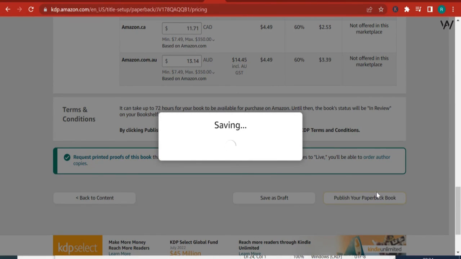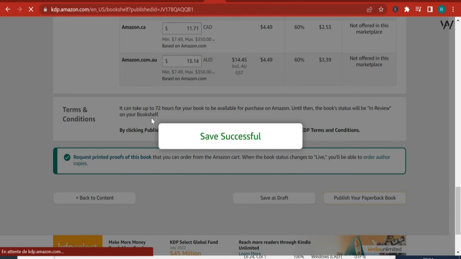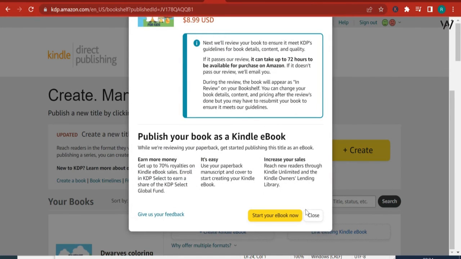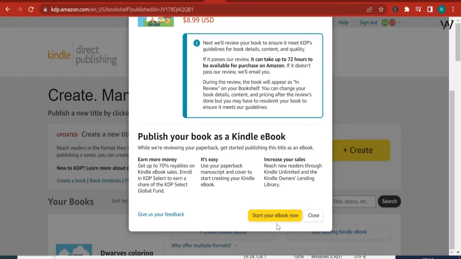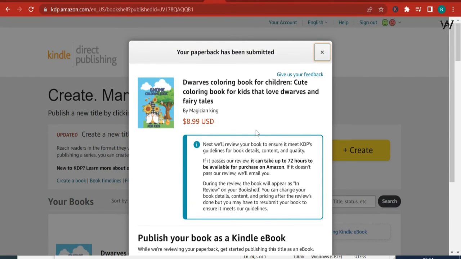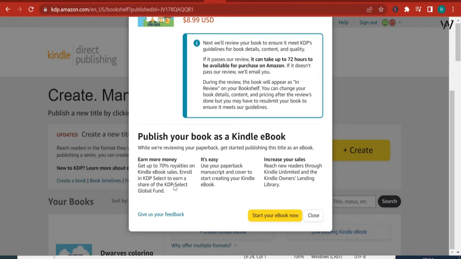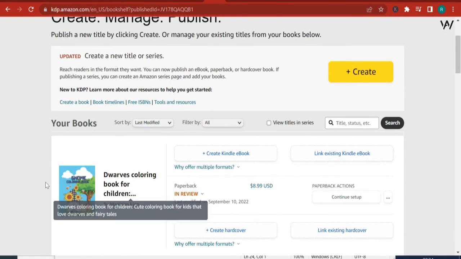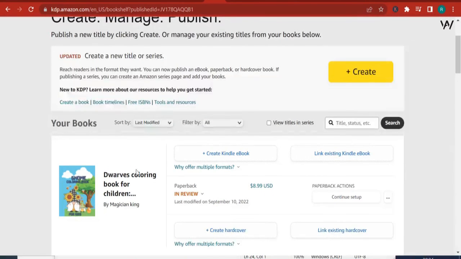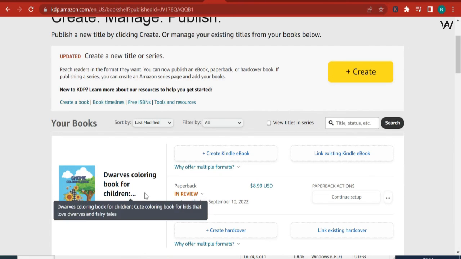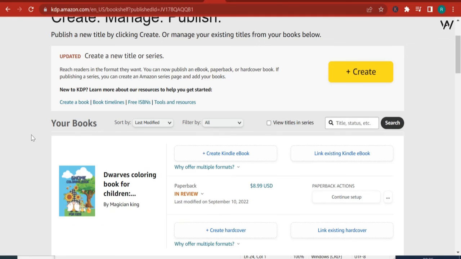Now, once the paperback book is published, it's going to require 72 hours before the book will be available for purchase on Amazon, which is pretty normal. Sometimes it might even take more. And as you can see here, your paperback has been submitted, and there is a call to action here that says start your ebook now, which tells us that you can publish your ebook version. And just like I said, when you create your paperback book and when you publish your paperback book, it is very good to first of all design the paperback book first, because it allows you to simply just trim the design